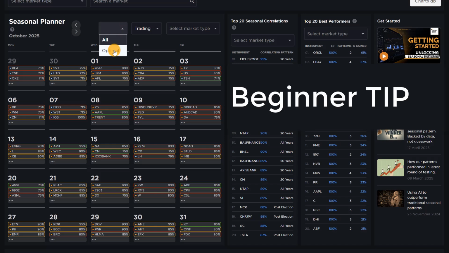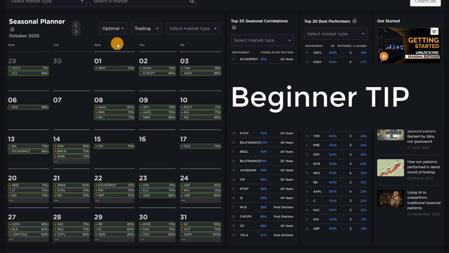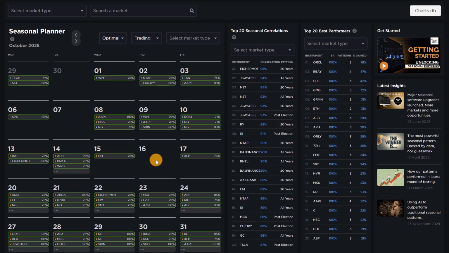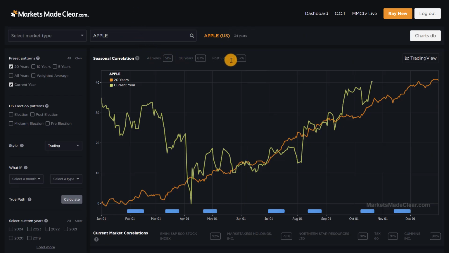To do that, you can simply select at the top of the panel, click on optimal, and you will only see those markets with the highest correlations. The colored dots that you see beside each symbol are a reference to the seasonal pattern that is being followed. Again, those are the 3 patterns that we have marked at the top of the charts by default. There are other ways we can find more advanced setups, more advanced seasonal patterns, but I'll talk about those again